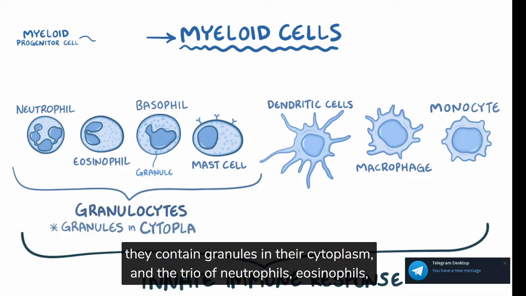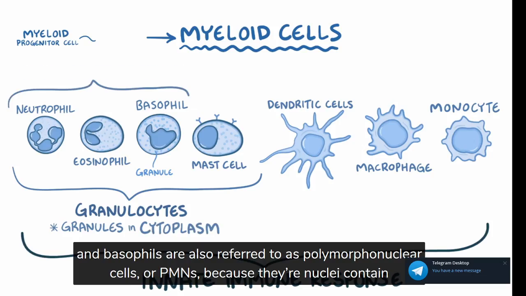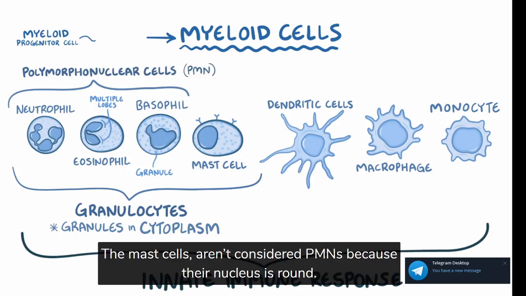and the trio of neutrophils, eosinophils, and basophils are also referred to as polymorphonuclear cells, or PMNs, because their nuclei contain multiple lobes instead of being round. The mast cells are not considered PMNs because their nucleus is round. During an